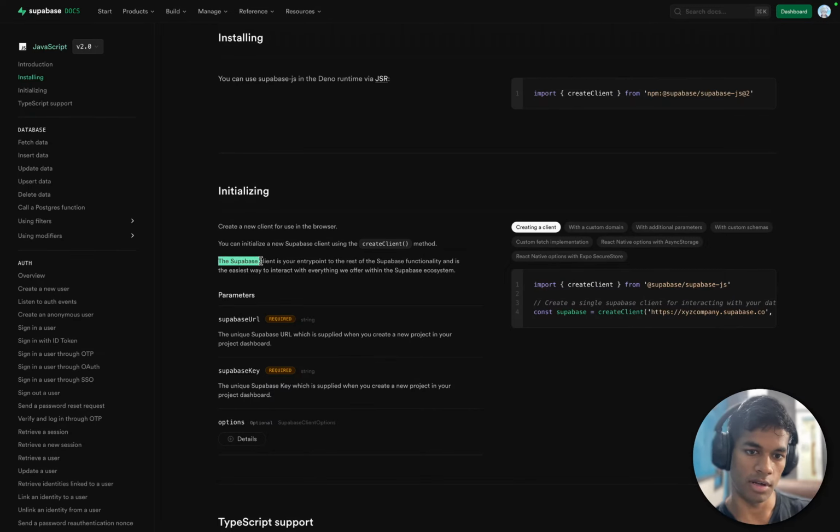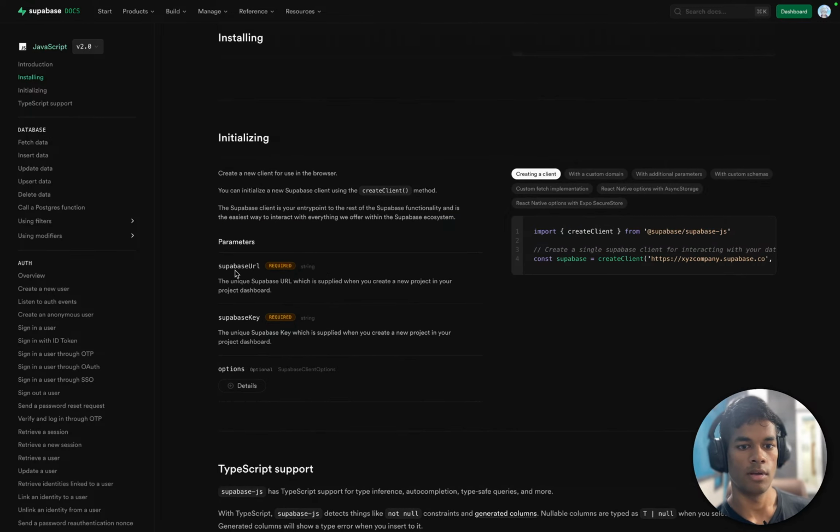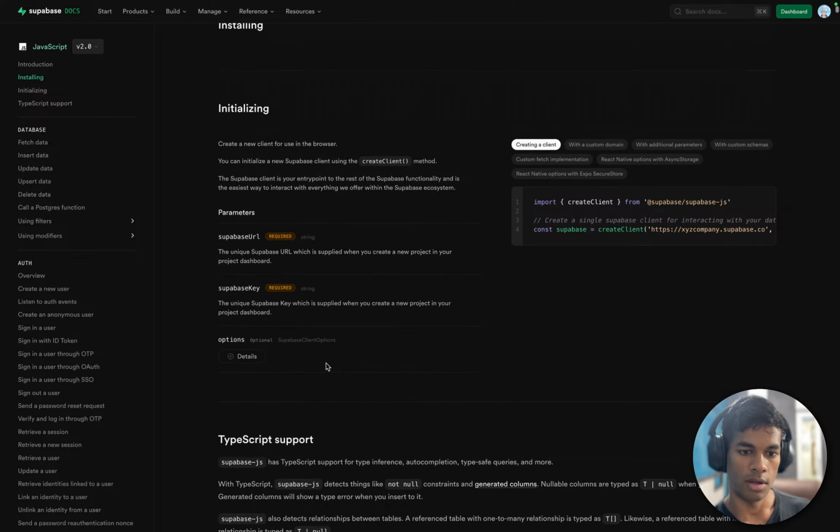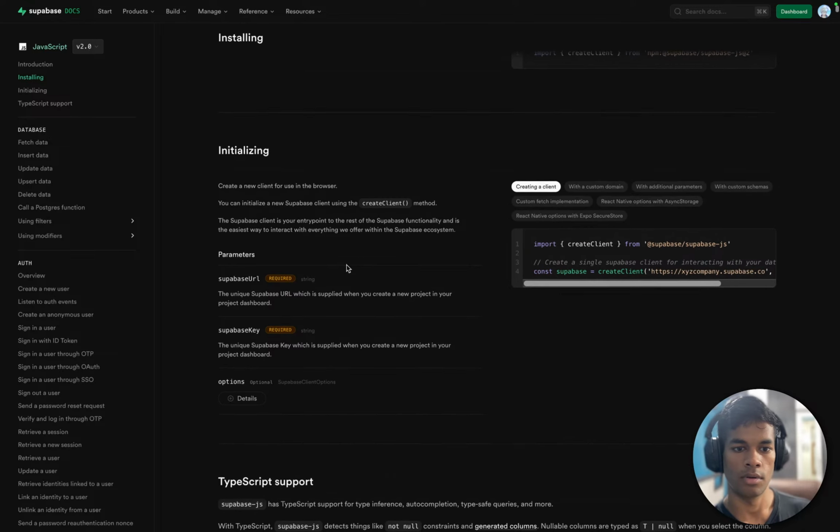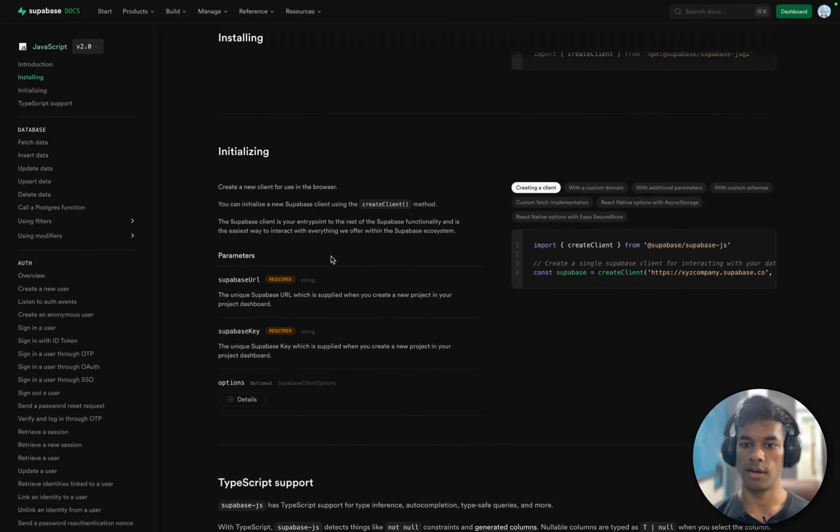Okay, the Supabase client is your entry point to the rest of the Supabase functionality and is the easiest way to connect with everything we offer within the Supabase ecosystem. Parameters: Supabase URL is a required string, the unique Supabase URL which is supplied when you create a new project in your project dashboard. Supabase key, the unique Supabase key which is supplied when you create a new project in your project dashboard. And options. Okay, I need these two things.